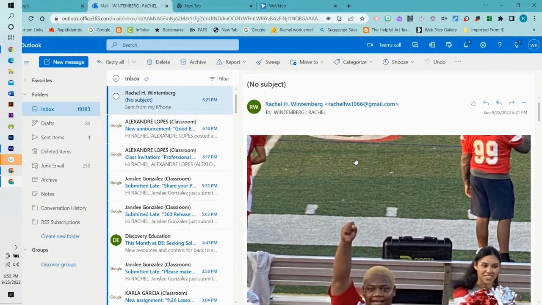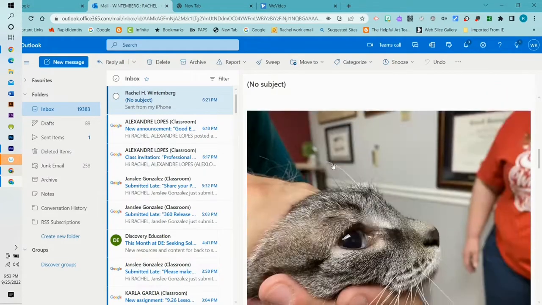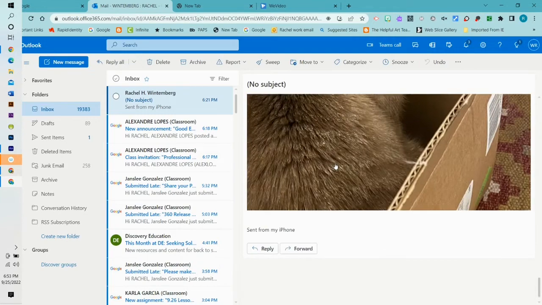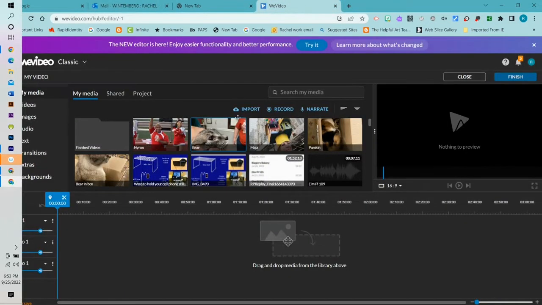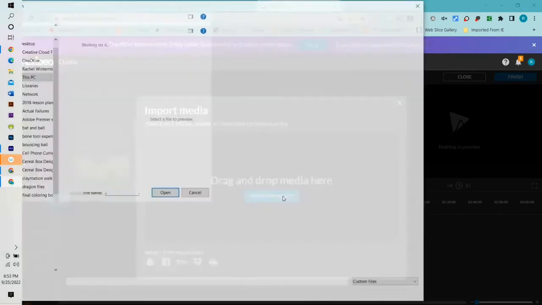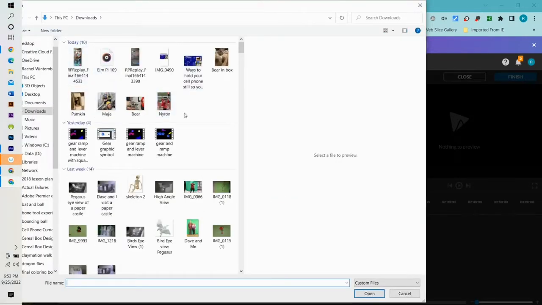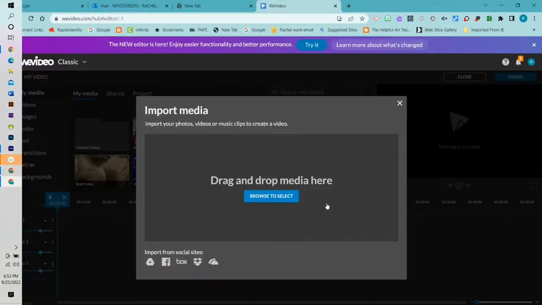If you just directly put these photographs from your phone to Google Drive, they'll be in the wrong format. So what I suggest you do is email them to yourself 5 at a time and then save them to your Chromebook. If you save them to your Chromebook, you can import them. So I had clicked import and then browse to select, and I found them in my downloads. So I have all these images that I saved to my drive in my downloads that I have uploaded to